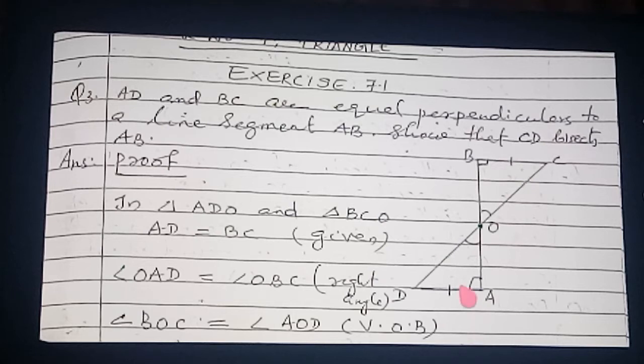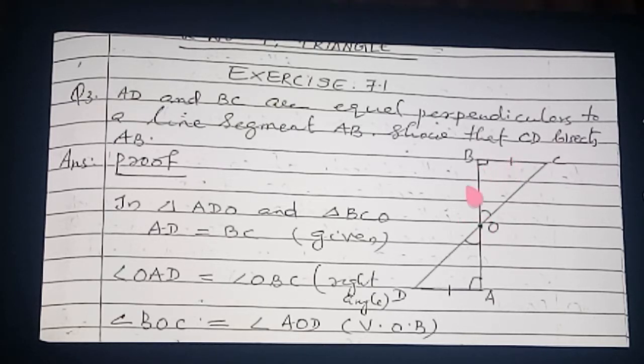Now, next angle. Which angle? This angle. Angle OAD equals angle OBC. Reason: right angle. Here actually, in one question all the parts are given to you. We only have to recollect the points together. That is your only aim. Next angle. Which angle? These two angles are what type of angles? Vertically opposite angles. Angle BOC is equal to angle AOD, vertically opposite angles. See here, this angle and this angle on this side. So which theorem, which rule will come?